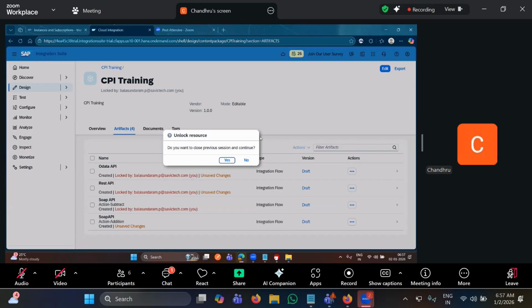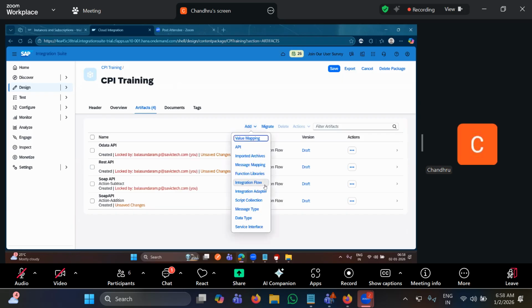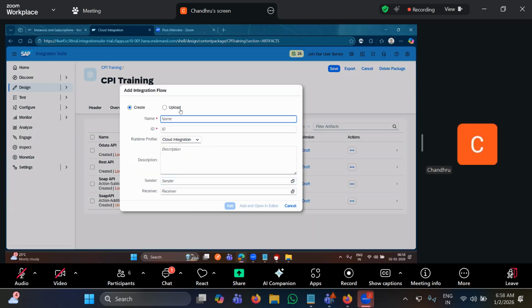I'm changing this to edit mode. Now I am adding a new iFlow here under the CPI training packages,